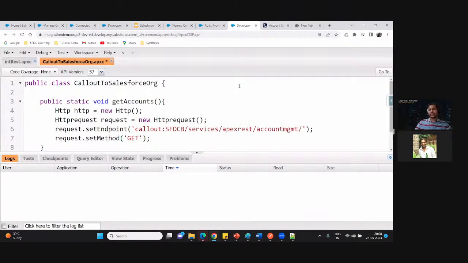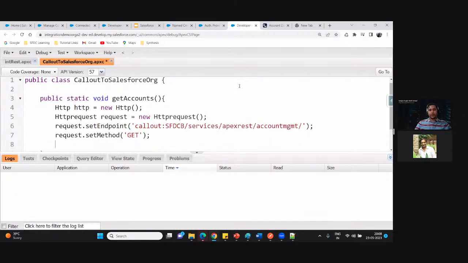Again, according to the documentation, you have to configure all the different parameters. Some documentation requires you to set different headers, like set timeout. So here you can set the timeout according to the different documentation. For Salesforce documentation, only these two things are enough for now, so I'm just keeping these two and let's make the call now.